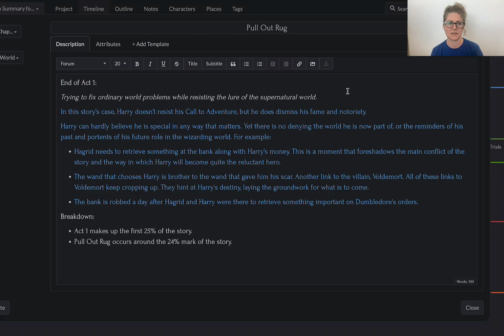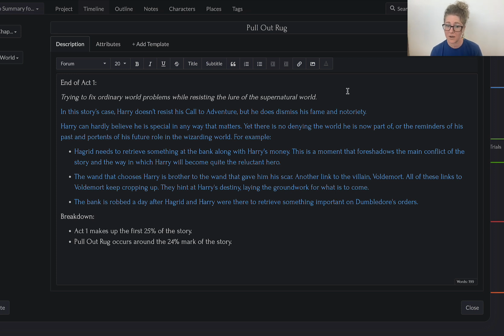Pull out the rug. Trying to fix ordinary world problems while resisting the lure of the supernatural. In this story's case particularly, Harry is not resisting the external call, but he does dismiss the internal one, the one where it's fame, where it's destiny, where he feels that tug of maybe there is more for me to be doing, that notoriety. Harry can hardly believe he is special in any way that matters, yet there is no denying the world he is now part of or the reminders of his past, importance of his future role in